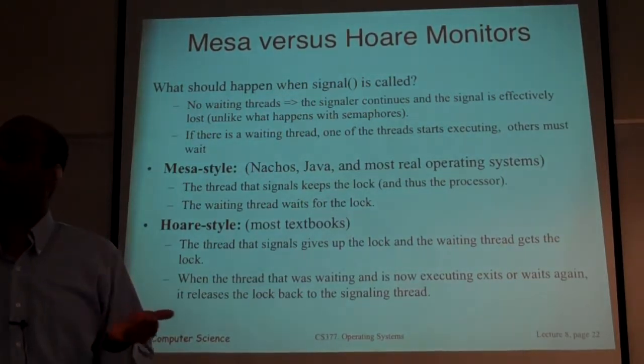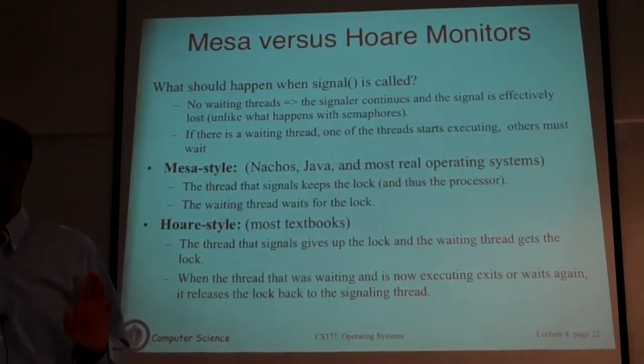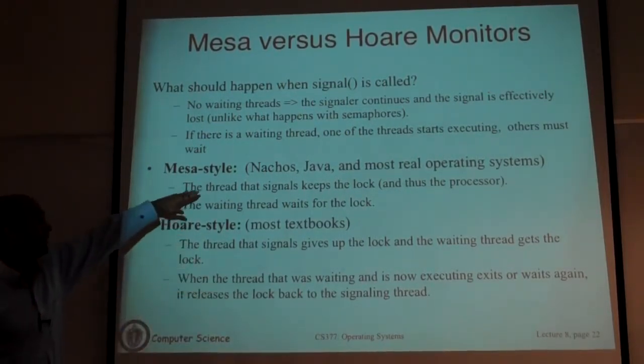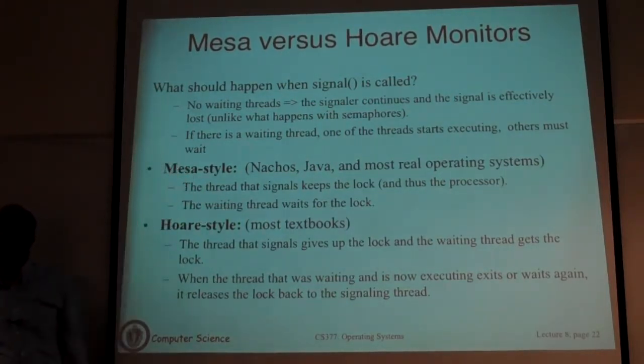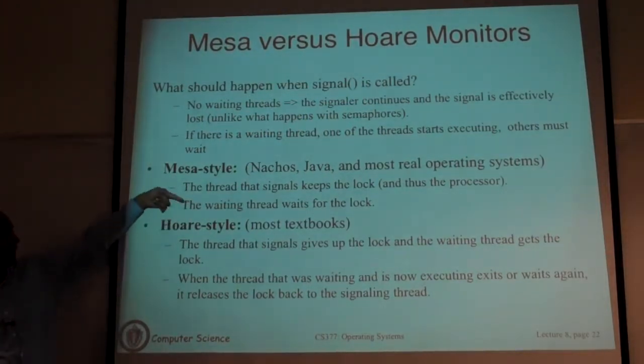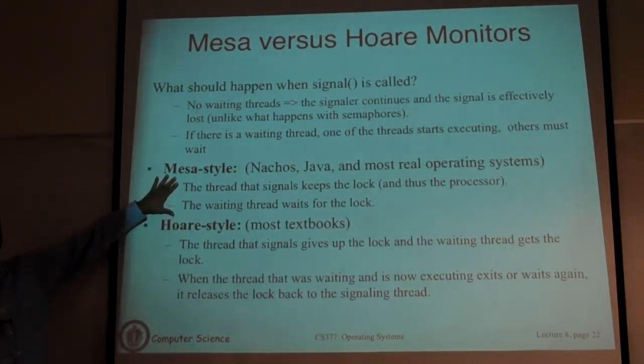The thread that called signal is inside a synchronized method, so it still has the lock. So the thread that calls signal has retained the lock, and you just woke up another sleeping thread, and it has to recontend for the lock and so on. So it will actually get the lock at a later time. The waiting thread has to wait and contend for the lock with other threads that may also be contending for it. I will explain what all that means in just a minute.